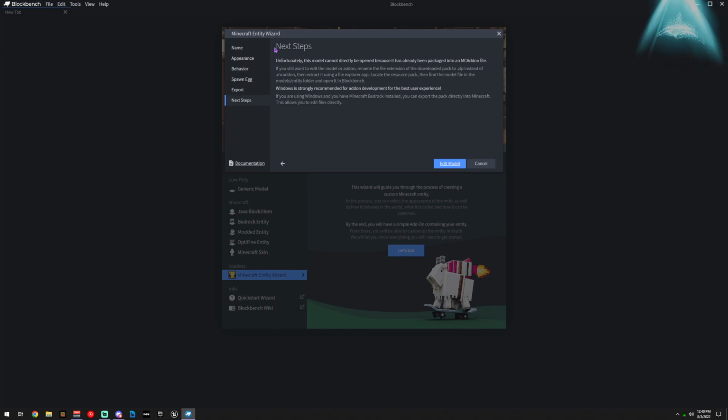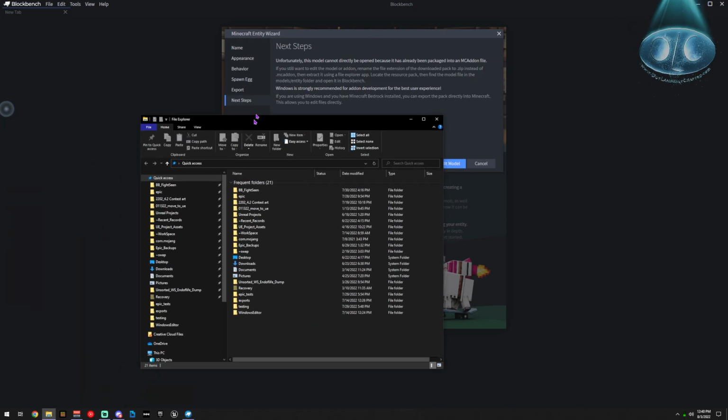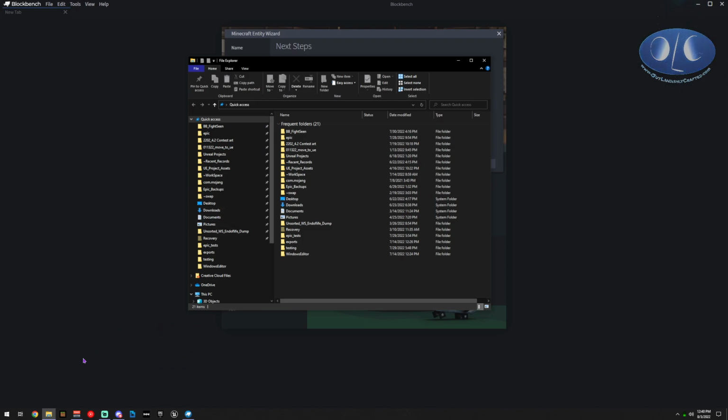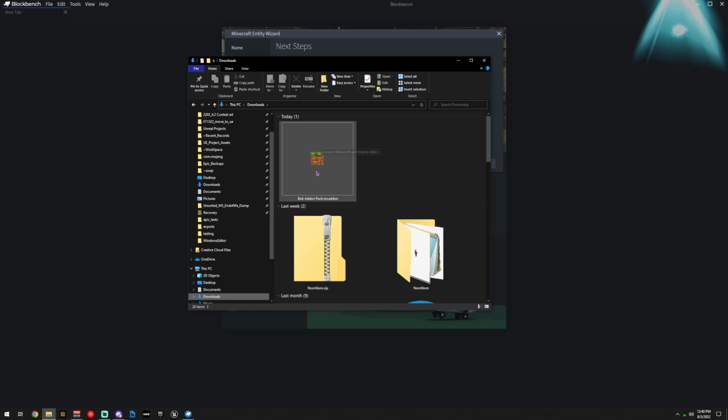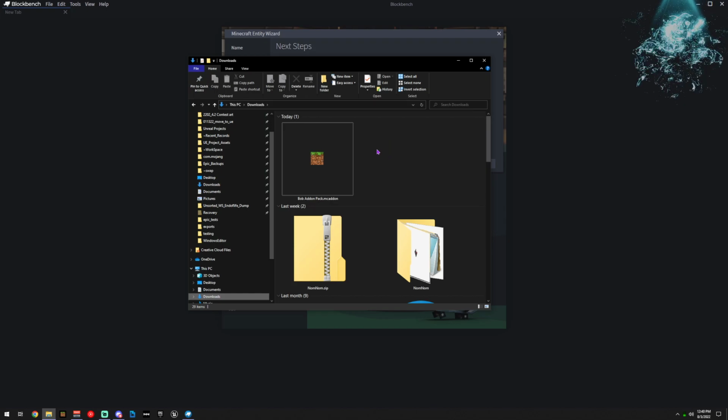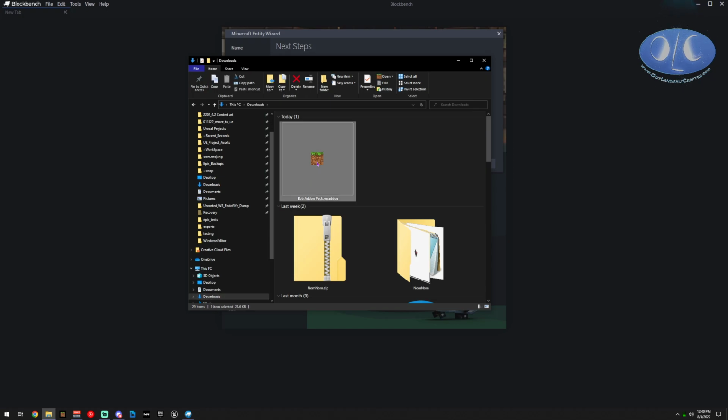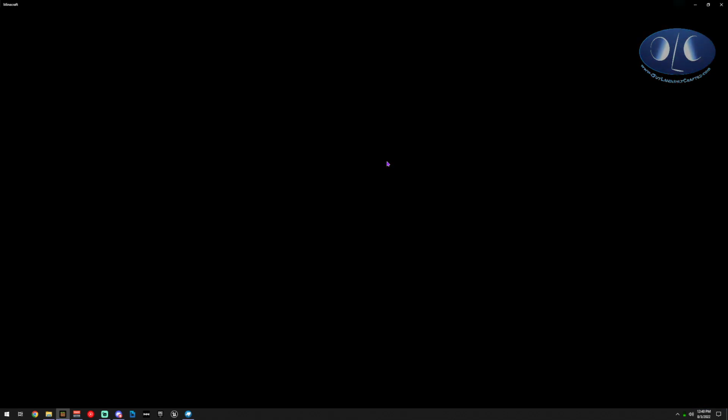So right here, a lot of people get stuck on this step. What do I do now? So what we do is we're going to go get that zip file, that MC add-on file. So we're going to go to our Manila folder. We're going to go to downloads. We're going to find the MC add-on. Here it is. And we have a few options. And what I suggest you do is go ahead and install it in the game. So we're going to double click it, and it's going to open Minecraft,